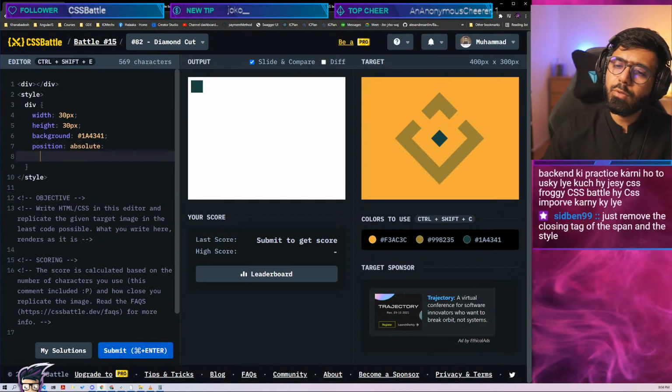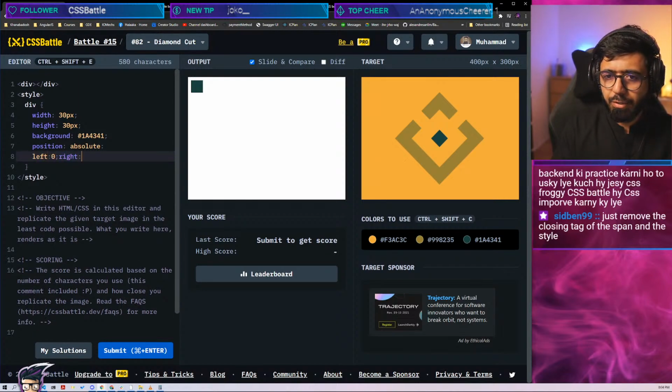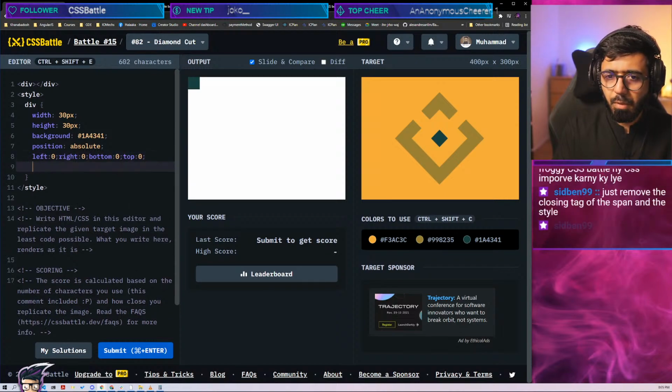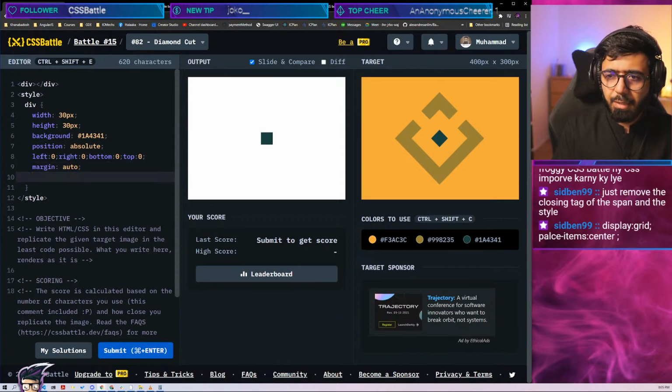There was another way of doing the center. It was, I think, top. Cannot recall what that was, but yeah, let's try. Left 0, left 0, right 0, bottom 0, top 0, margin auto. The only reason I'm not doing that right now is that we could do display grid,